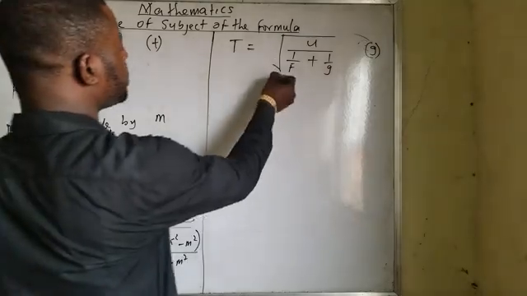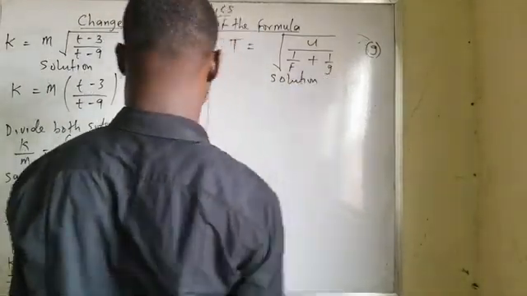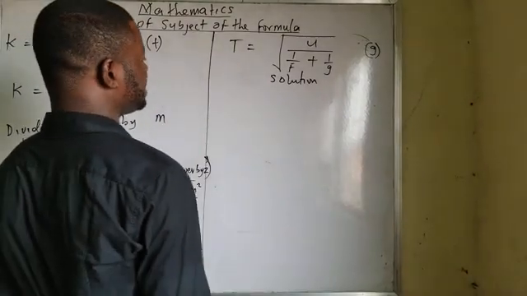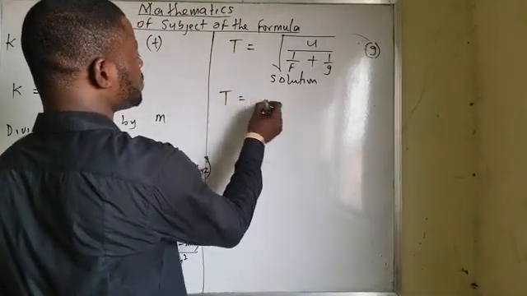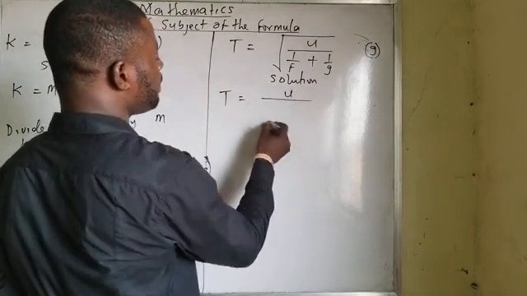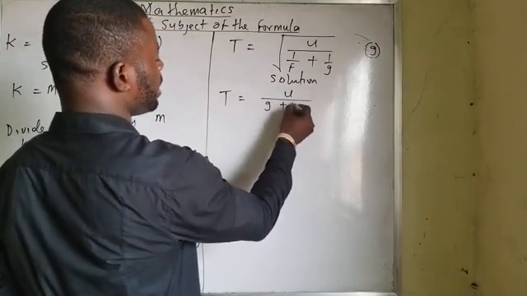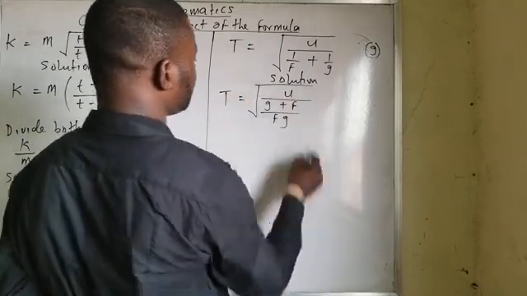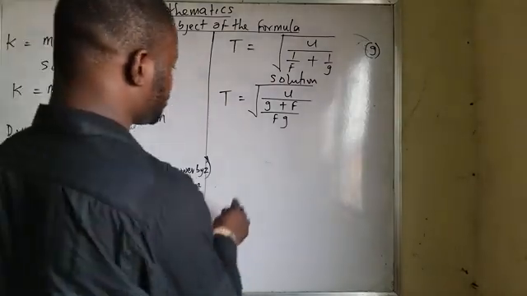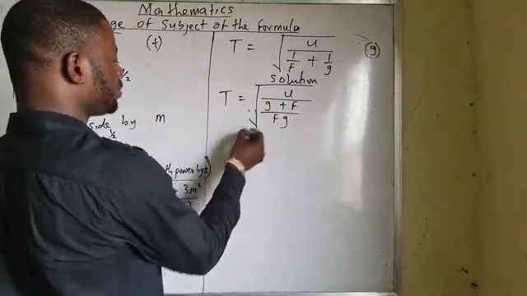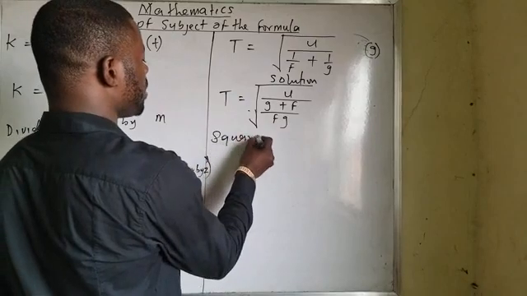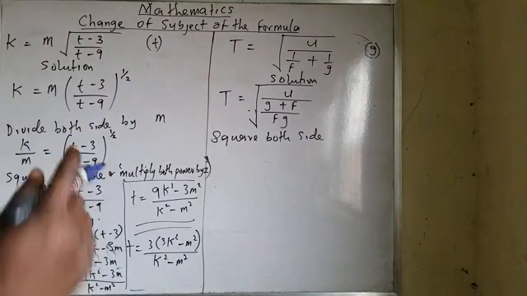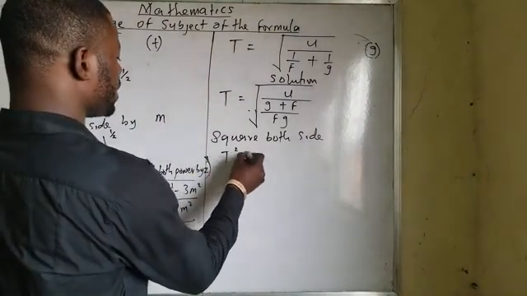Now let's move on to the other part. What I need to understand here is that I can write T equals square root of U divided by (G plus F divided by FG). Take note of that. To remove that root, I can square both sides, or multiply both powers by 2. It means T squared equals